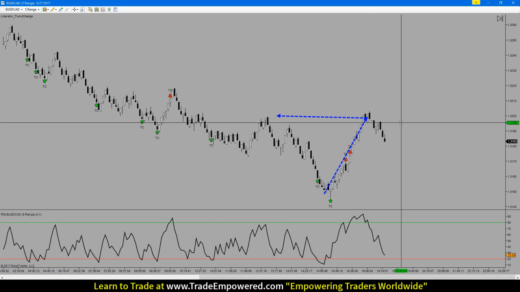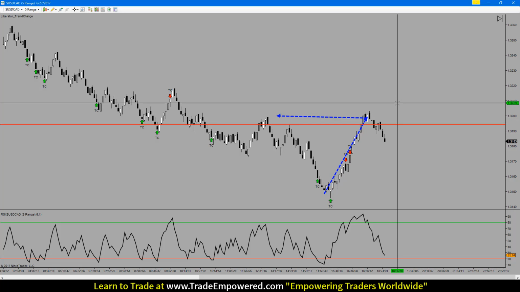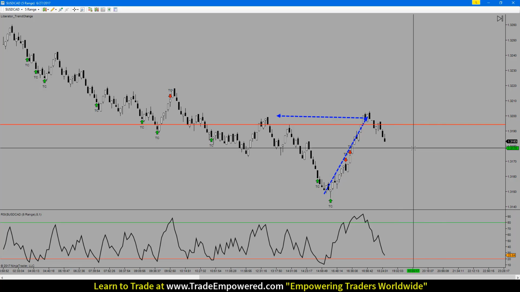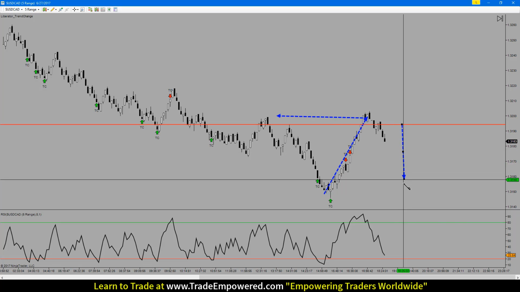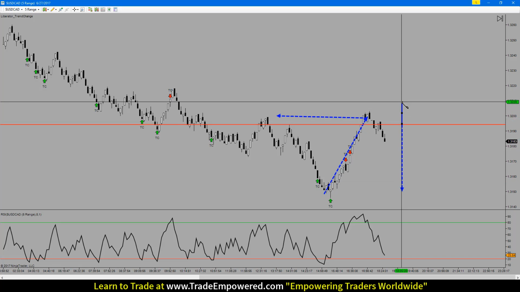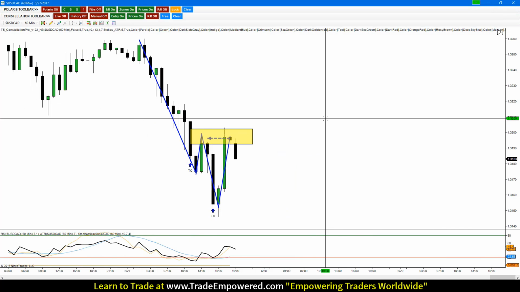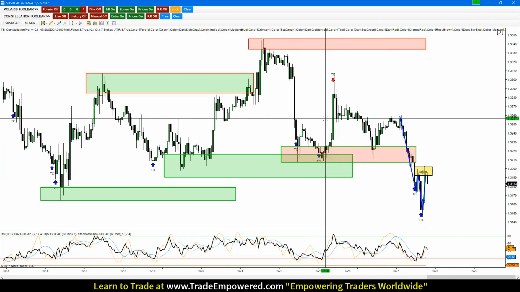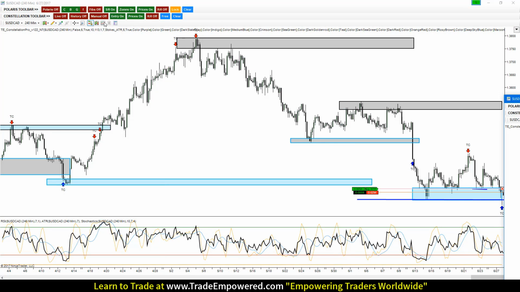And I got short right at 131.94s, right around here. I've got stops right above our previous structure highs up here at 132.08s. So not a lot of risk on the table at all, especially with the amount of reward we're looking for. And again, we have a target one that can be down here at 131.50s. And then secondary targets, I think this thing could go really low. But secondary targets, we're looking at a potential move down to